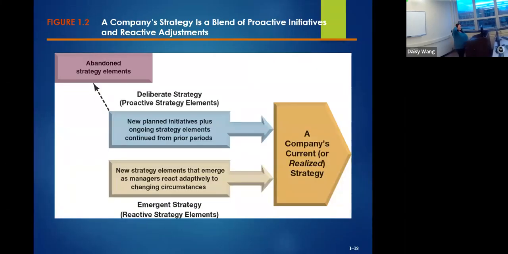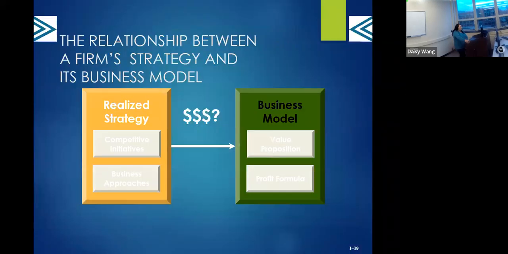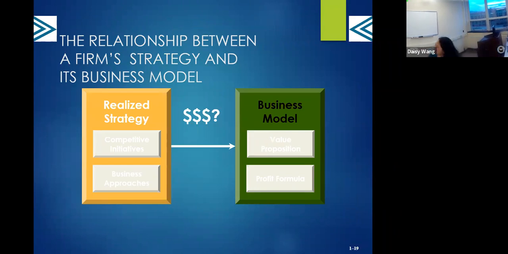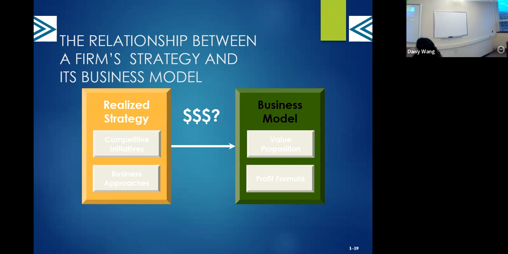So that's the thing. This is just the chart to show the realized strategy is the combination of the proactive strategy and reactive strategy. Okay, so with the realized strategy, that's like some of our initiatives, some of the approaches, we can design our business model, how we want to make money. Okay, so business model involves